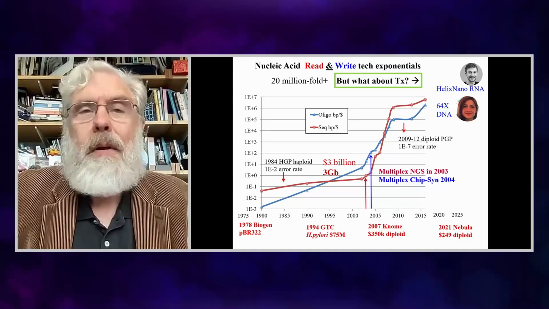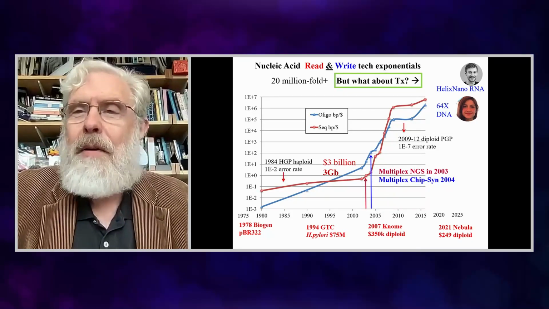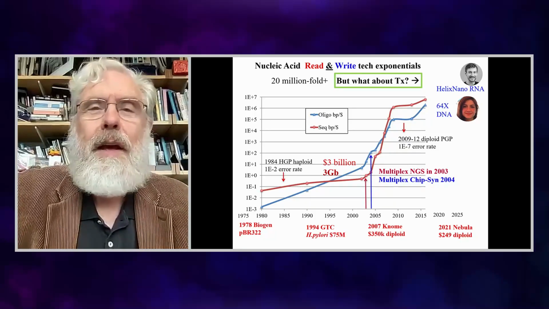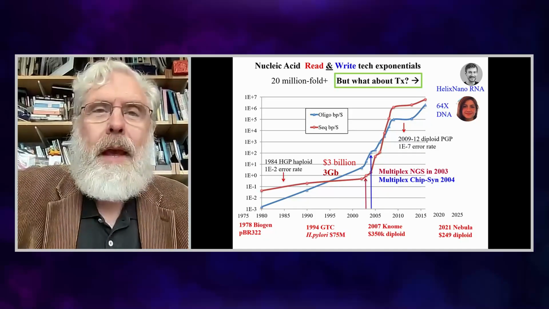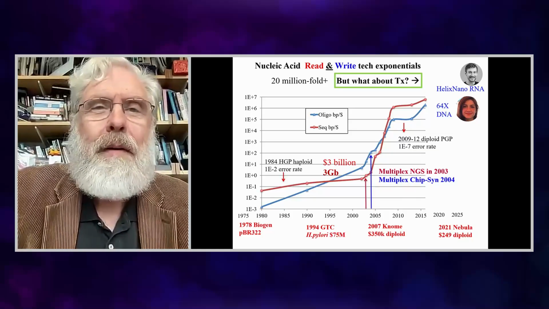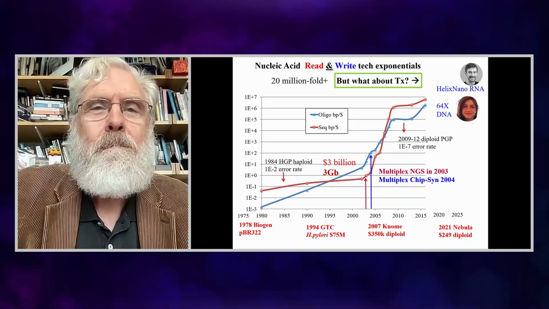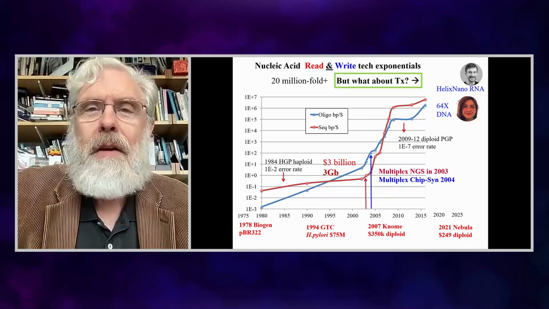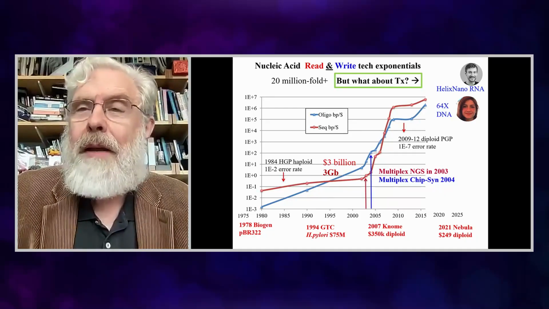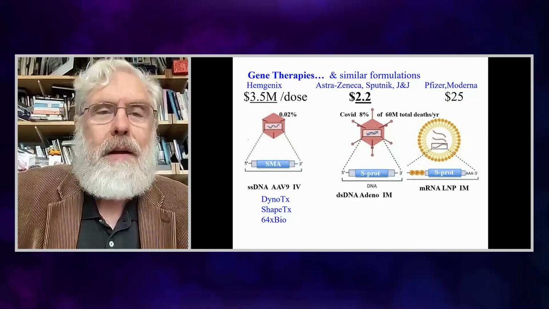But what about therapeutics? That's what this is about next. Isn't therapeutics going up in cost rather than exponentially down in cost? Here are two of my companies. I'll keep thanking them, various ones along the way. 64X and Helix Nano. But I'm going to say the therapeutics can come down radically, as Liz just alluded to, but I'm going to spell out quite clearly here.